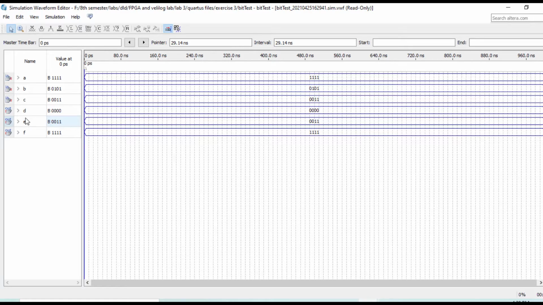And here you can see the results, and our outputs are D, E and F. It means our output is 1 1 and 0, as I declared in the comment in the code. Now we just verify this: our output is basically D, E and F, and our output is 1 1 and 0.